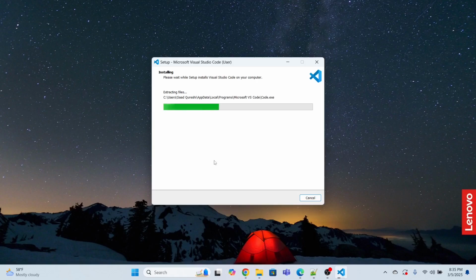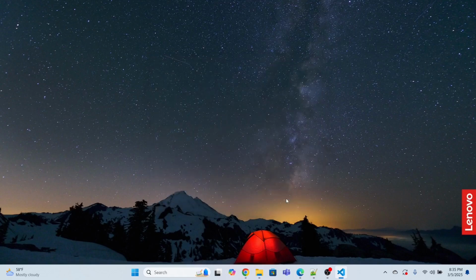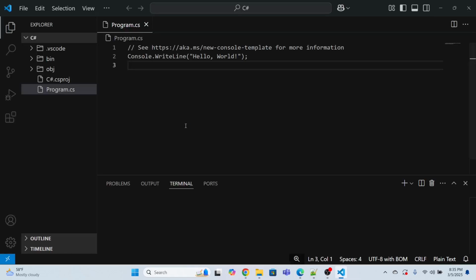So wait until this is complete. Okay, it has been installed. Click finish and Visual Studio Code will automatically be launched. Click finish. Look, now you can write